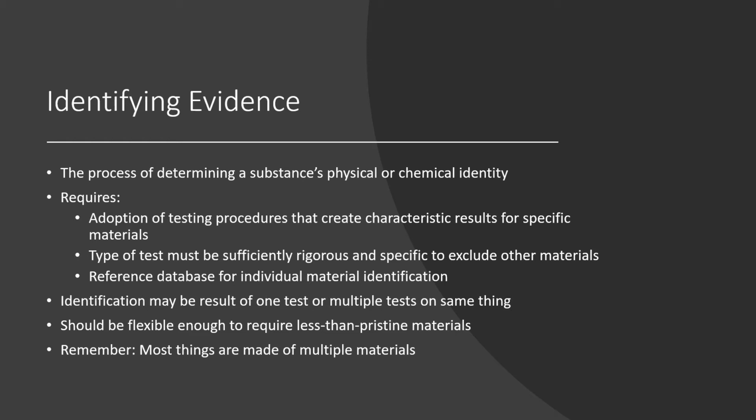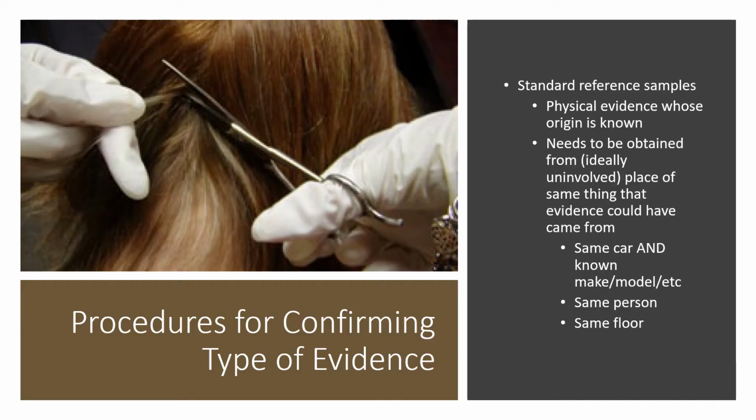Remember, most evidence items are made up of multiple materials, and so there's a lot of different ways that you could go towards characterizing that. The gold standard for determining what something is is to have a standard reference sample. This is a piece of physical evidence whose origin is known. A standard reference sample needs to be obtained from an ideally uninvolved place of the same thing that evidence could have come from. So you have a car